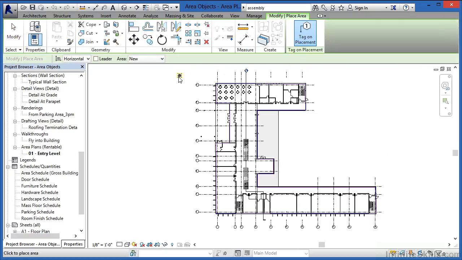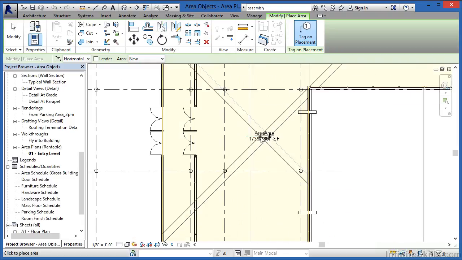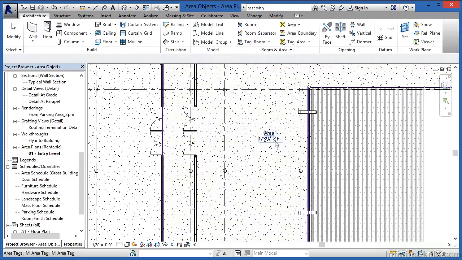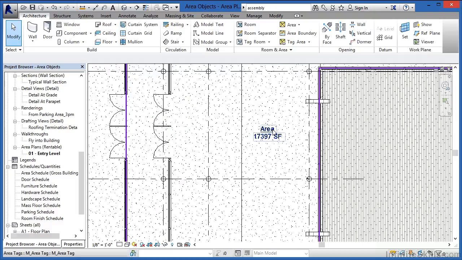When we do, we'll have the area object following us around on the screen, and then if we put it inside of our building, we'll now see that this X that shows up as we move the cursor from side to side will now go pretty much covering through the entire building. Now what I'd like to do is just click right about here in order to place it in. Now when we placed it in, and I'm going to hit the escape key a couple of times, it automatically placed in what's called an area tag.